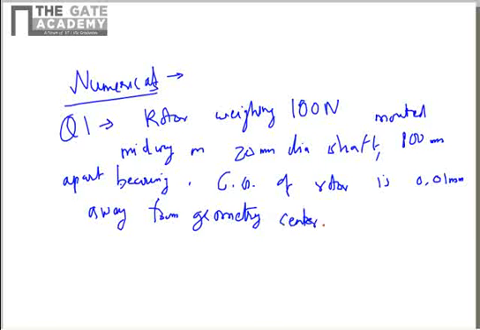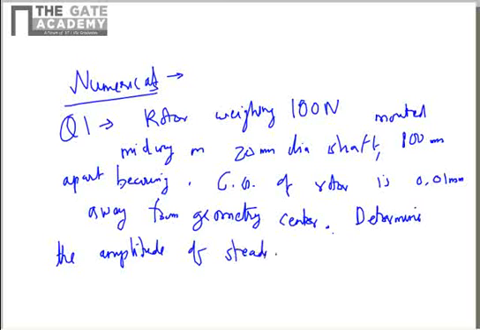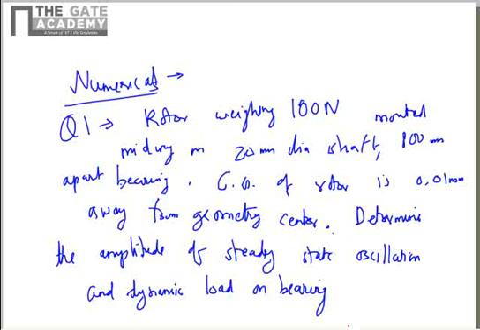Due to that, the forcing will occur, and forced vibration will occur. We are asked to determine the amplitude of steady state oscillation and the dynamic load on the bearing when the shaft rotates at